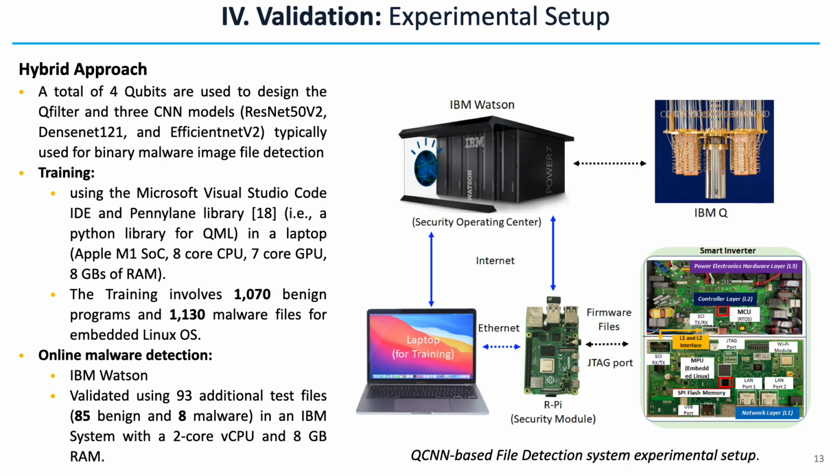For the validation section, we try to provide a hybrid approach. We name our approach a hybrid approach because we use a classical deep transfer learning algorithm which is assisted by quantum circuits and their feature extraction capabilities. For training, we use Microsoft VS Code and the PennyLane software library for simulation because we ran multiple simulations, and using IBM's service would be very slow.